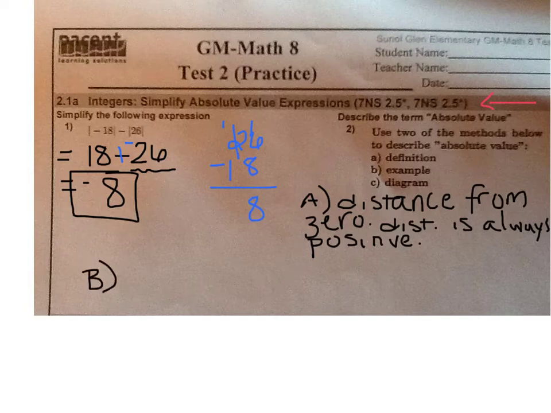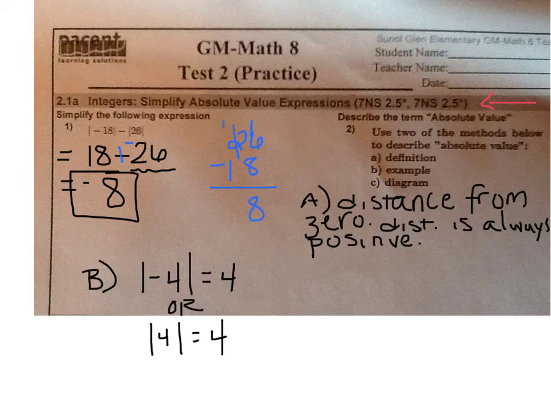B, I'm going to slide it over here just so I can save space on my screen. But B, an example, might be something like the negative absolute value, or sorry, negative 4's absolute value is 4. Or you could have a positive 4 has an absolute value of 4. And remember, we talked in class about how you have to show both, that negative number and a positive number. So to earn full credit for showing an example, you need to show a positive and a negative. And then C